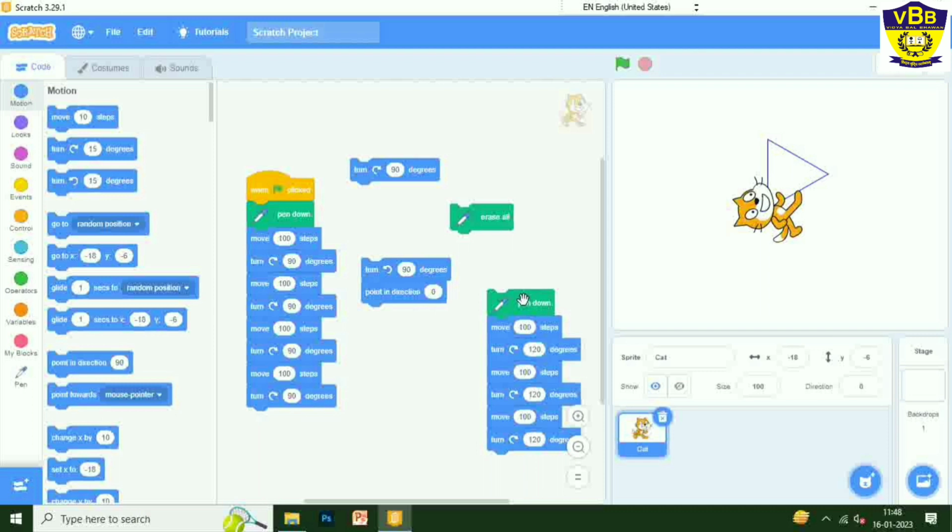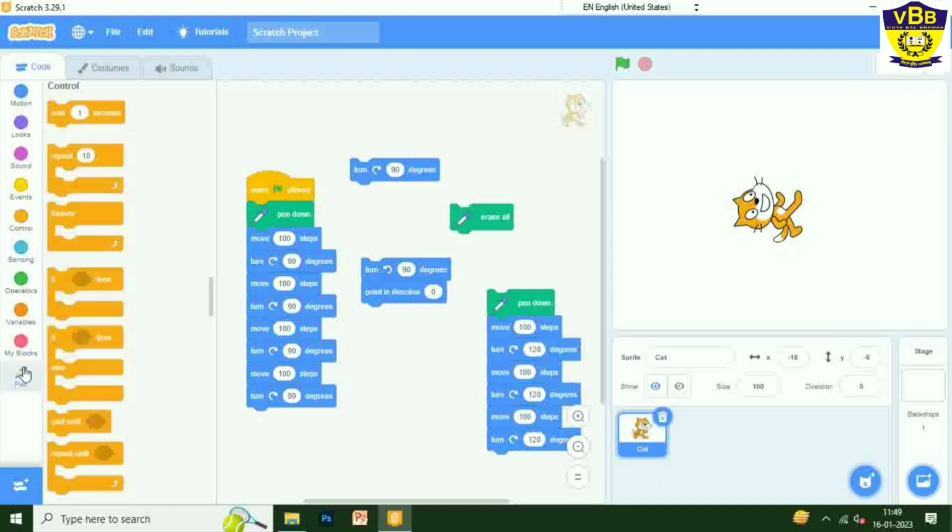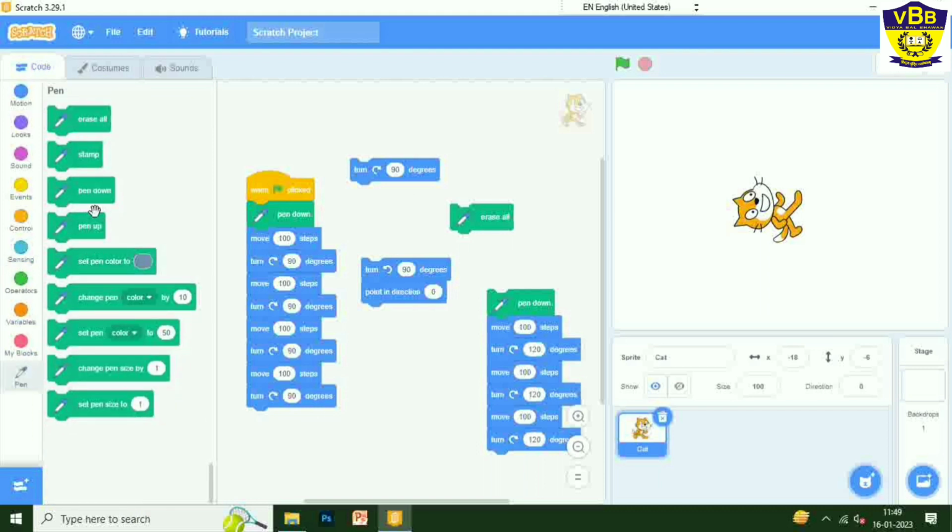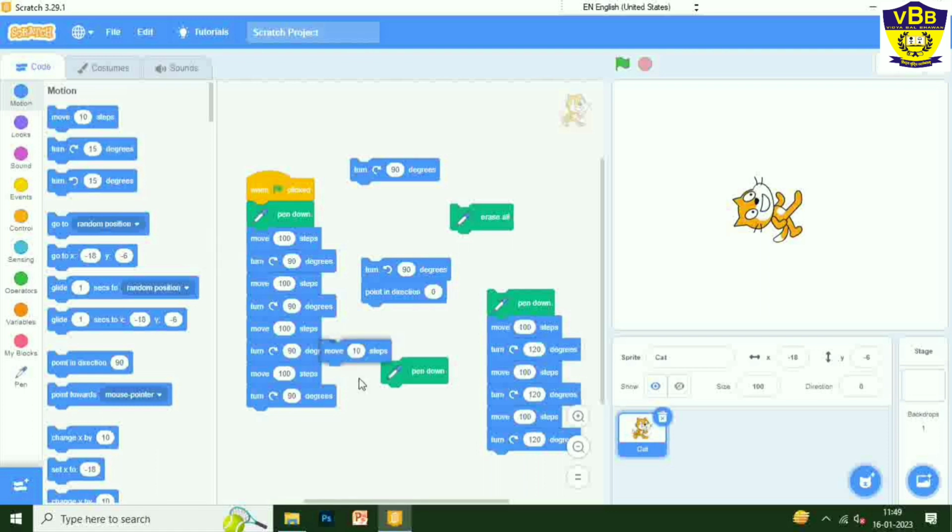In this way I can make a circle also. So for the circle, do you remember what code we have written? So I will show you how to draw a circle. So first we need a pen block. I will use pen down. Now I will use the move 10 steps motion block. Move 10 steps. Now I need to turn it